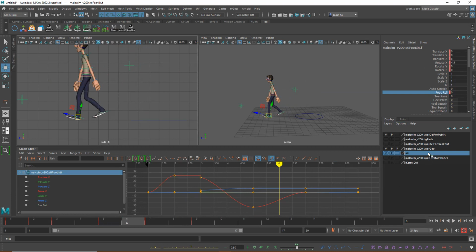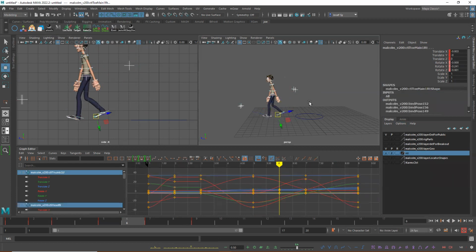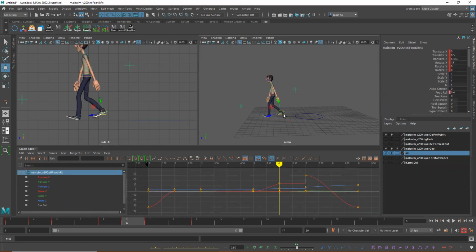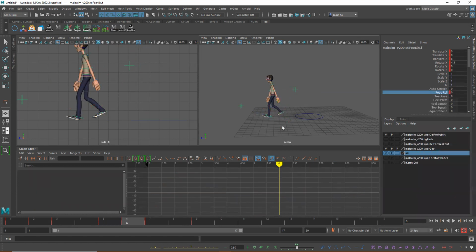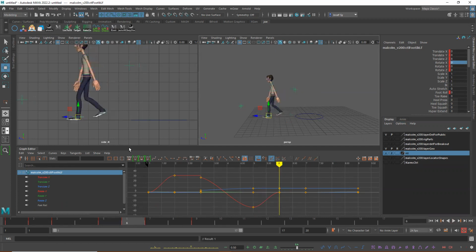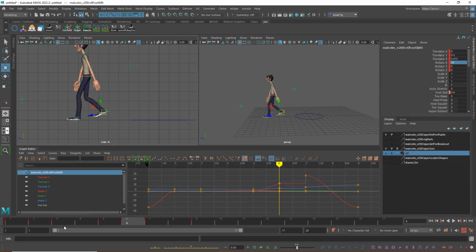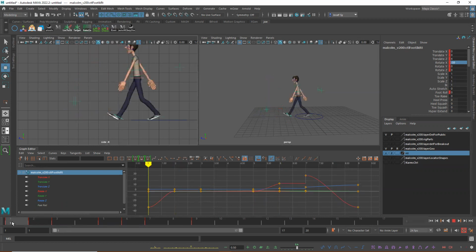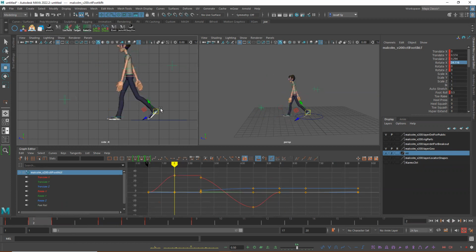So select everything and key. I'm just going to key the foot roll now. So this would be 0 to make it flat. And this one would be the same value as